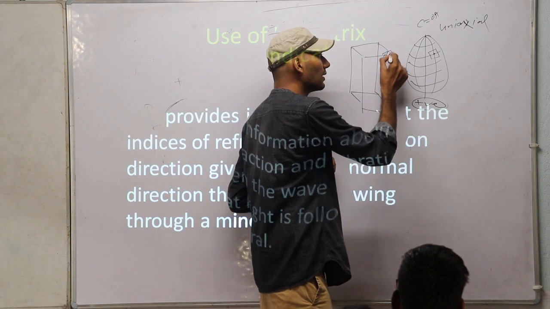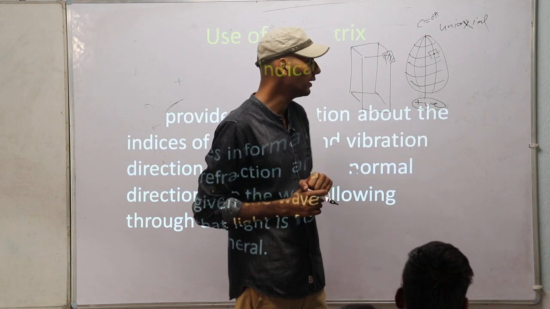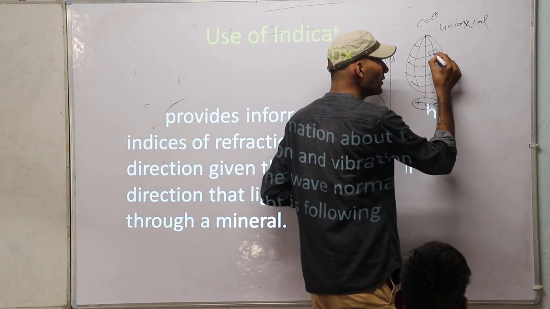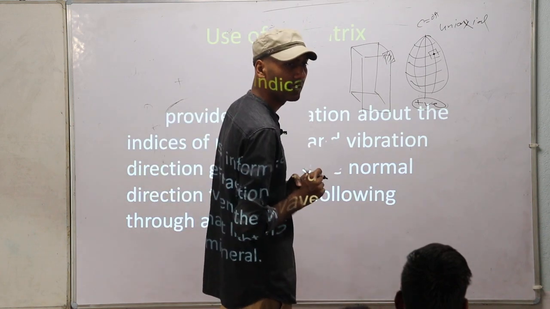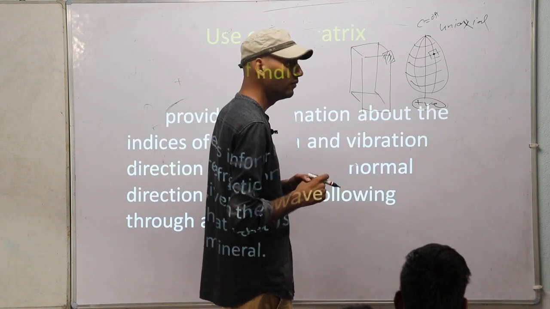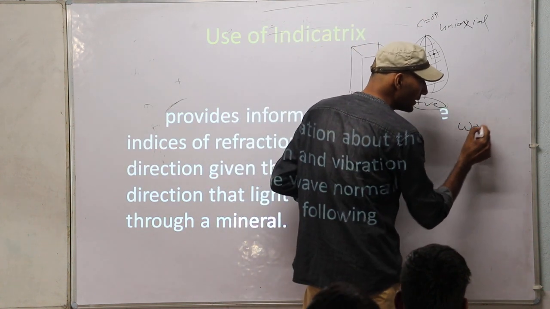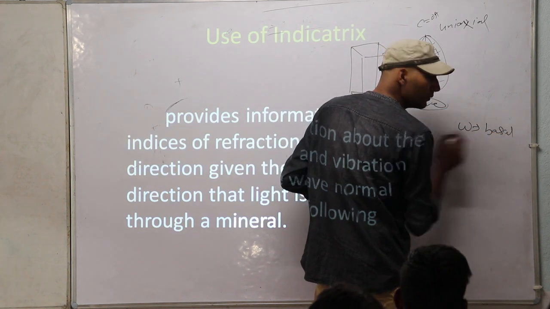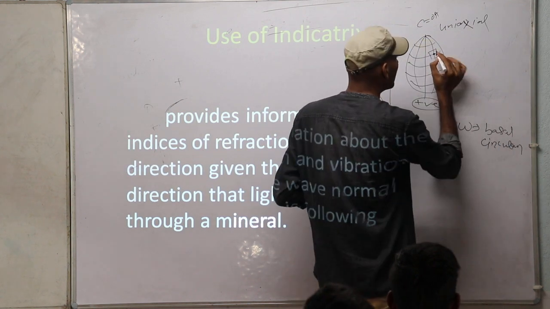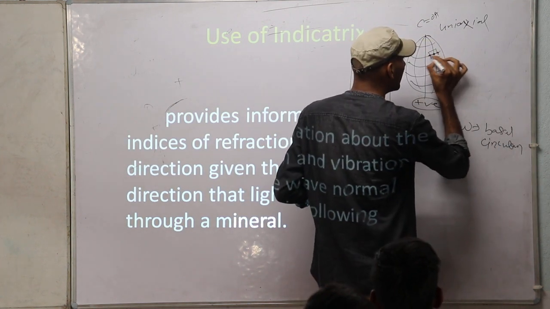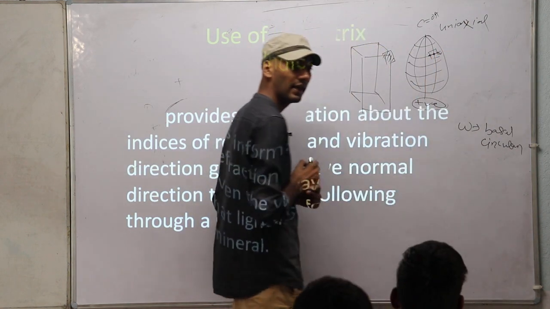Right, in the corner. So that section is, let's say, here. Okay. So if a light ray passes through this point, I can get the vibration from this indicatrix. How to get that vibration direction? I have already discussed. The O ray vibrates in the basal section or circular section. So which is the circular section? This is the circular section. So this vibration is showing omega.